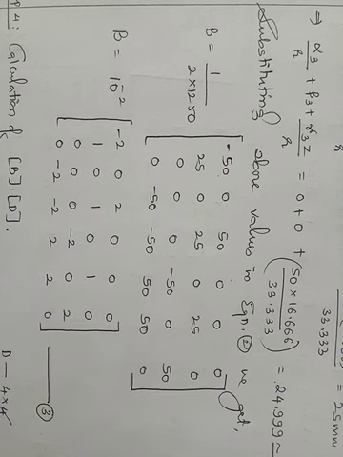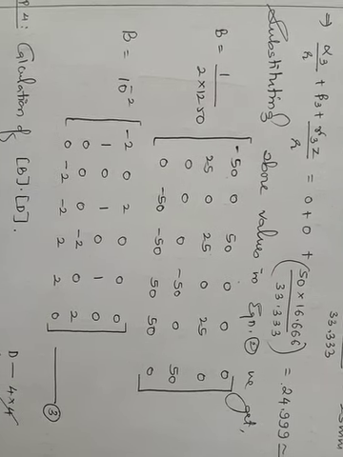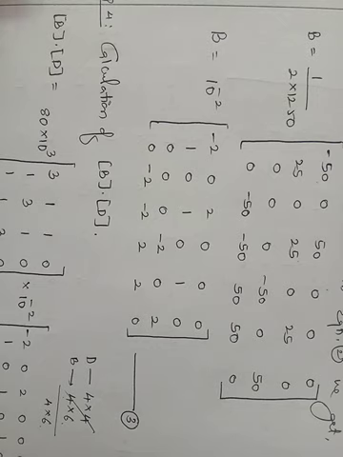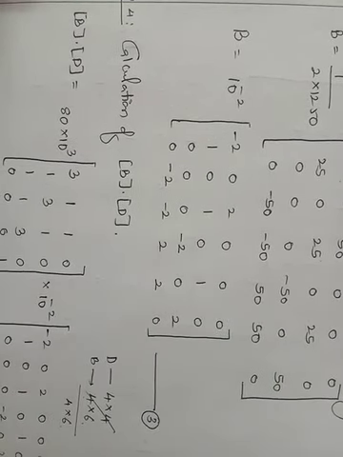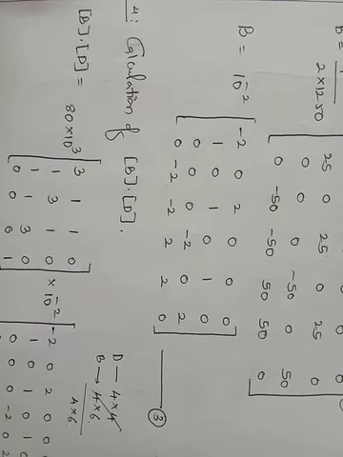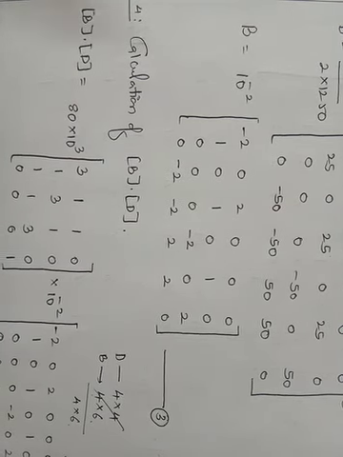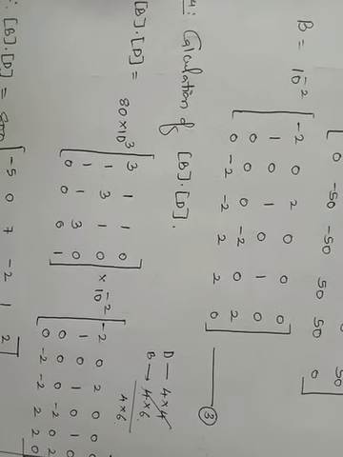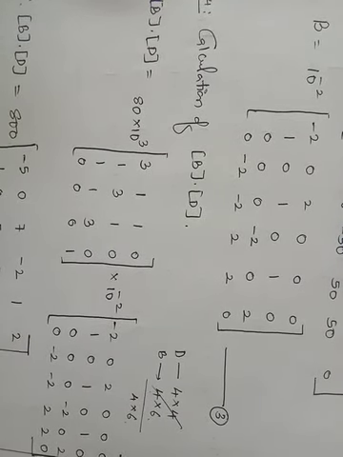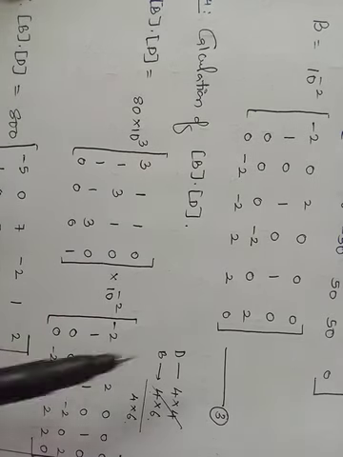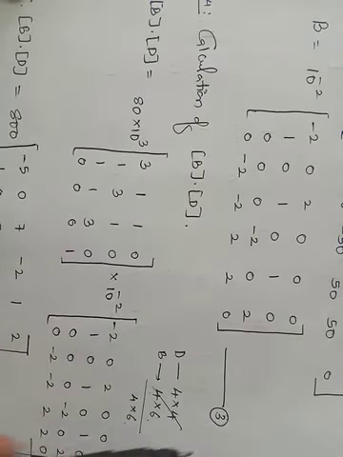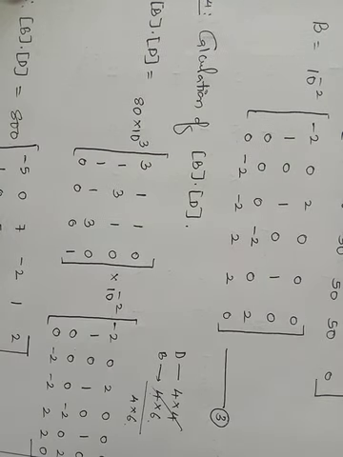Right, so next step, that is step number 4. So step number 4 is calculation of B into D matrix. Because we need to calculate K, there will be a need of the multiplied product of B into D. So that I'll be calculating as a separate step. So that is step number 4, B into D. Right, so that is what I have done here, B into D. So B matrix, I have just calculated it right now, so it is equation number 3. Right, D matrix, in the previous step I have calculated.